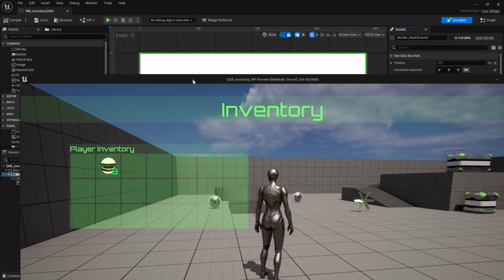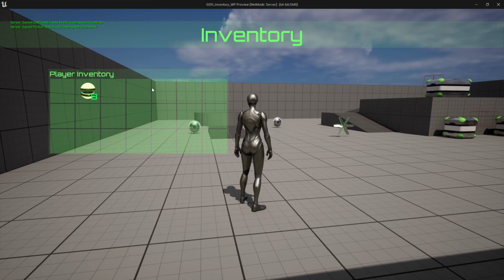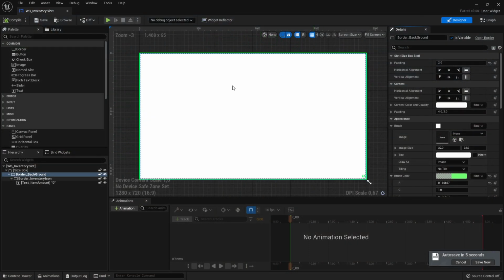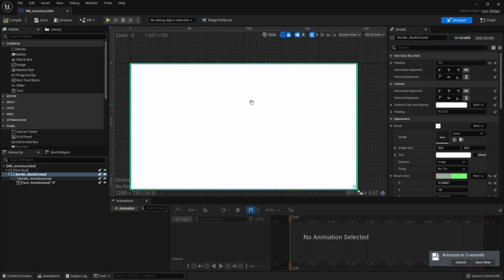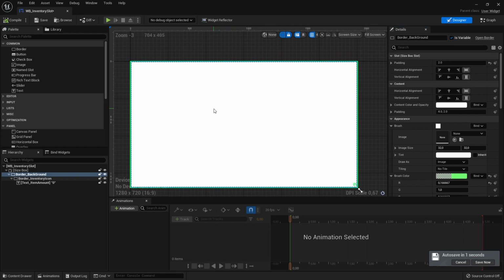And we want to make sure that we set the size box to visible, otherwise we can drop items in between these slots over here and they will not register to be dropped on top of a slot. So that's why we're setting the size box to visible. So those should be the changes inside of the designer, and then we want to go to the player inventory